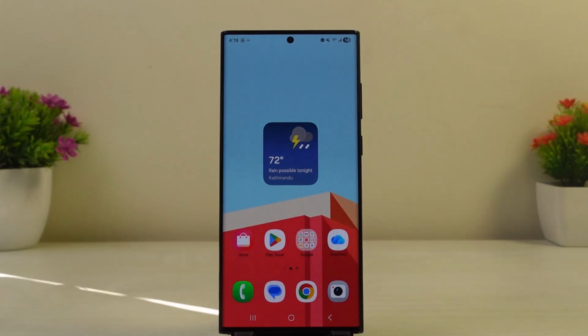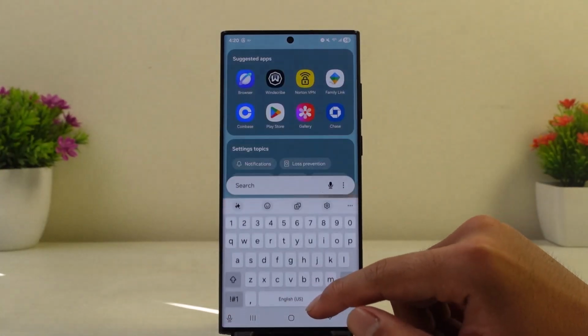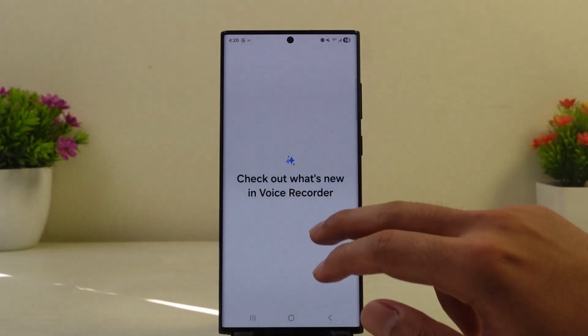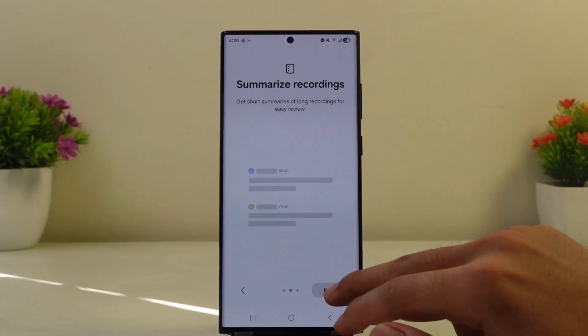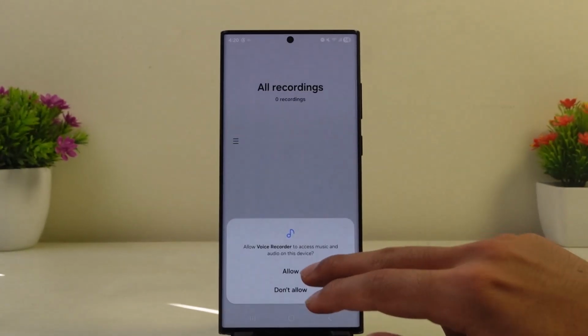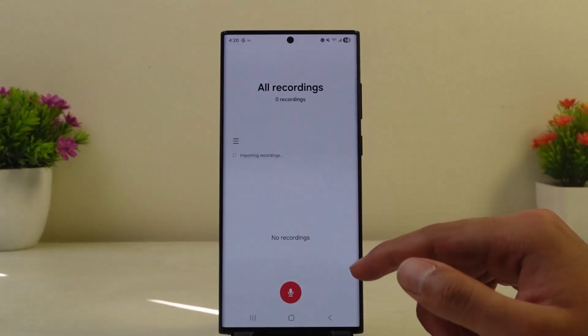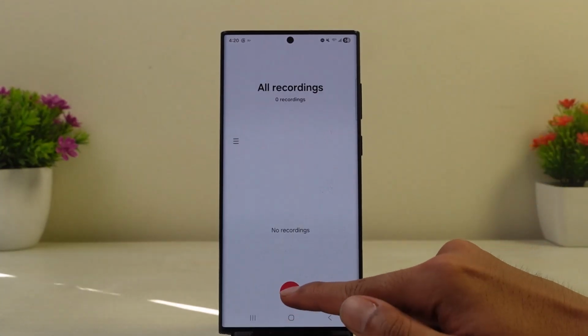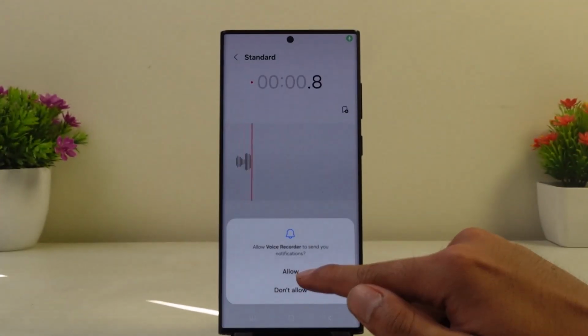How to use Samsung Galaxy AI Dictation feature. To use this feature, simply open your voice recorder. Once you open it, you should be able to record your voice over here, go through these options and give the permissions to use your microphone, and then simply tap on this microphone icon on this bottom and start recording